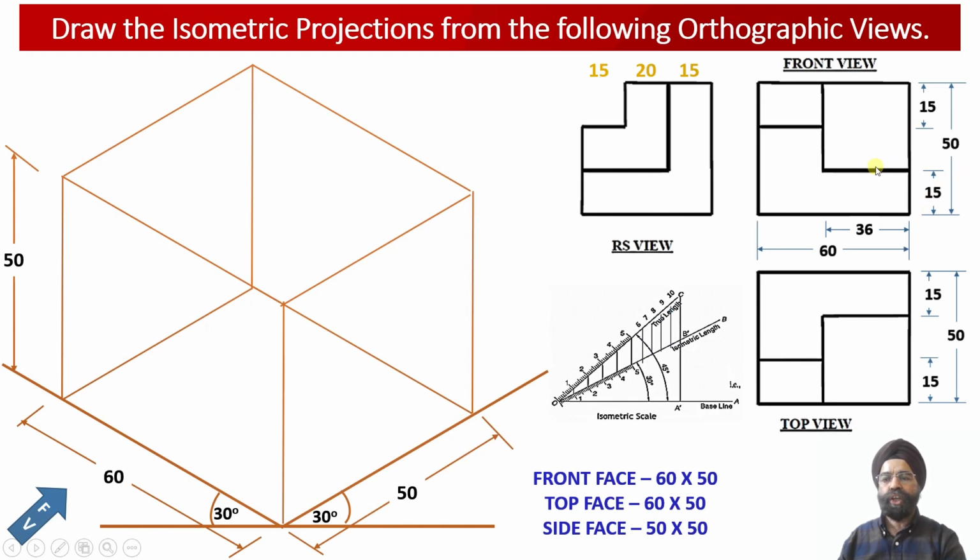So we know through this construction that in this solid at a height of 15 millimeter, there will be a horizontal web which is going to lie in the front face and in the right hand side view face over here. And while this lower web or horizontal web is at a height of 15 millimeter from the base of the solid, this horizontal web is going to turn like this,